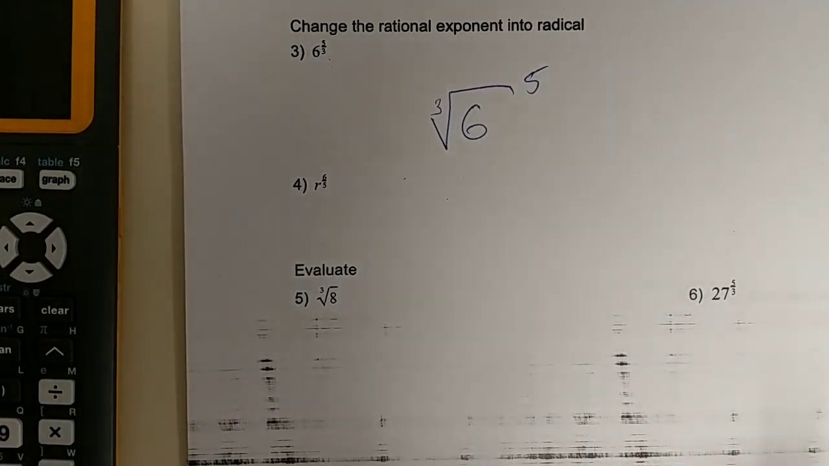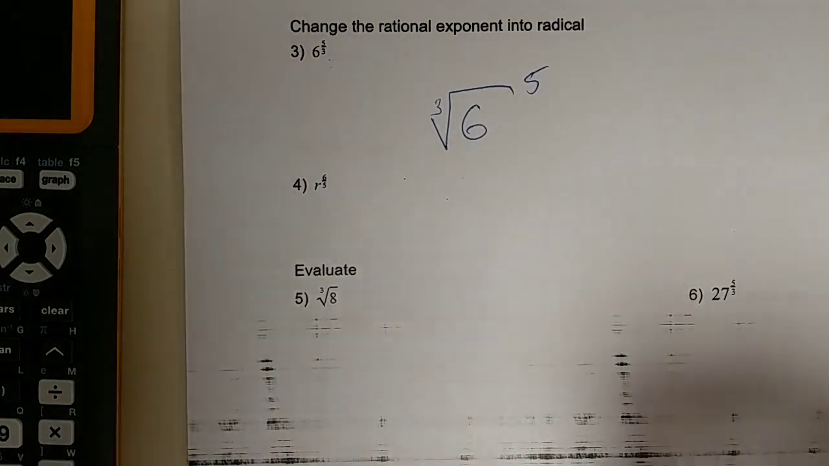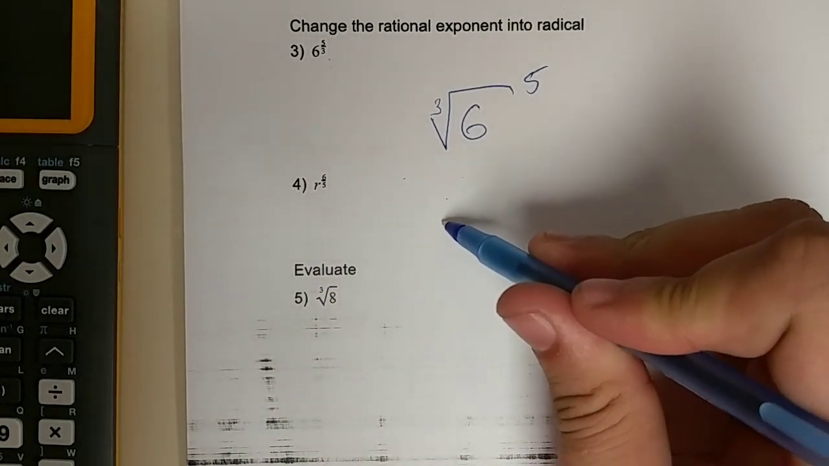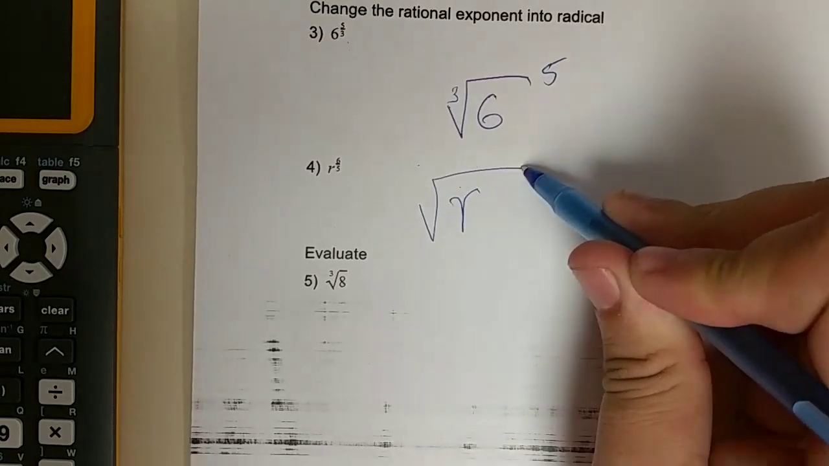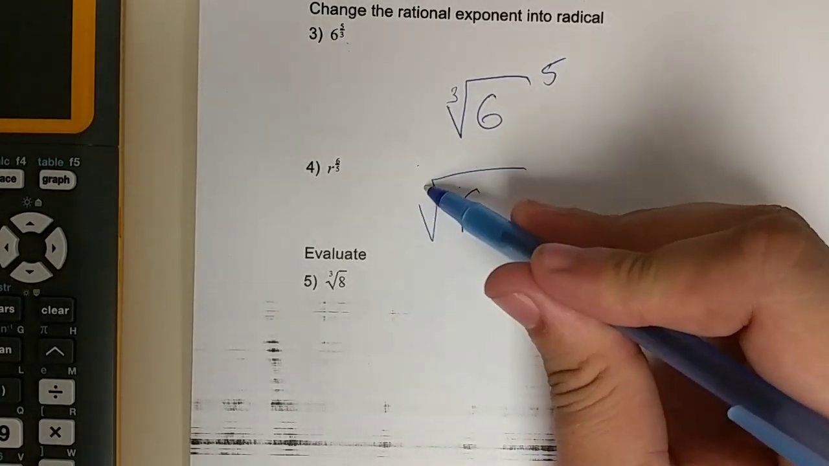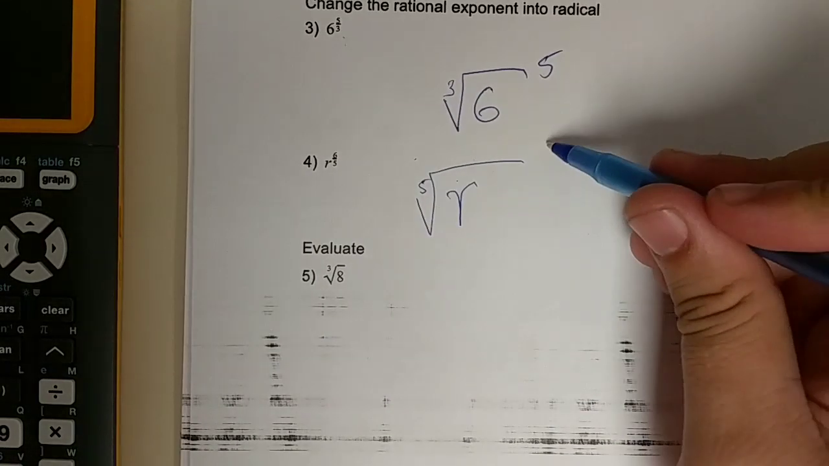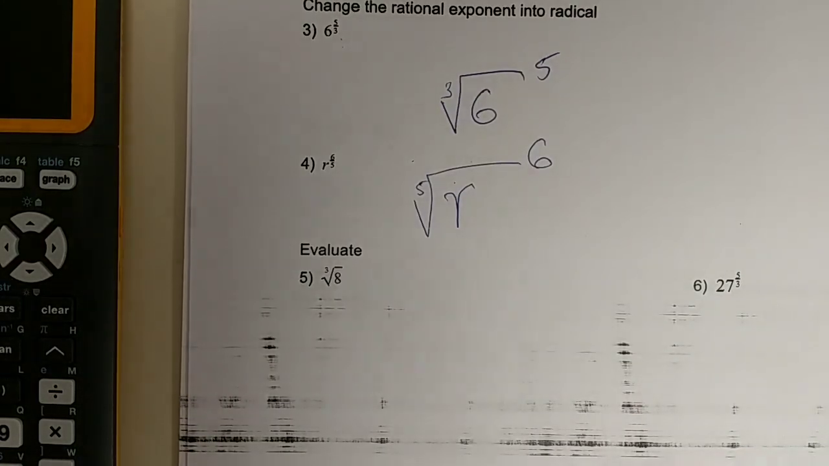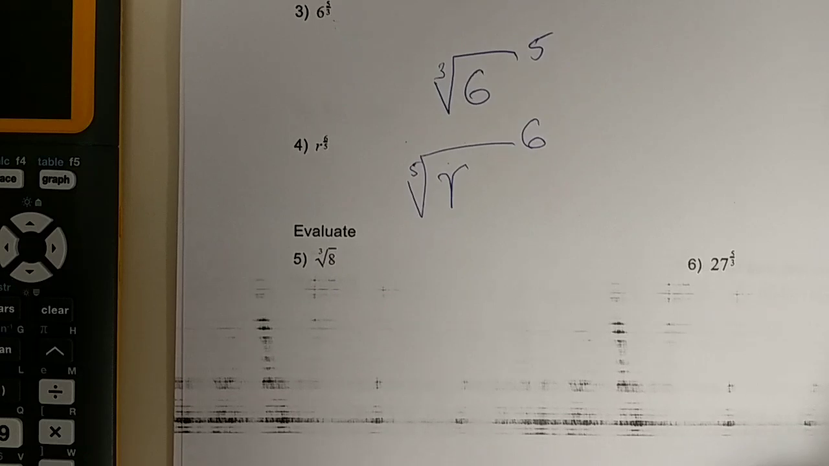Our next one, we're going to do r to the 6 over 5. So r is a variable, put that in a root or a radical. 5 is in the denominator, so 5's here. 6 is in the numerator, 6 here. Okay,